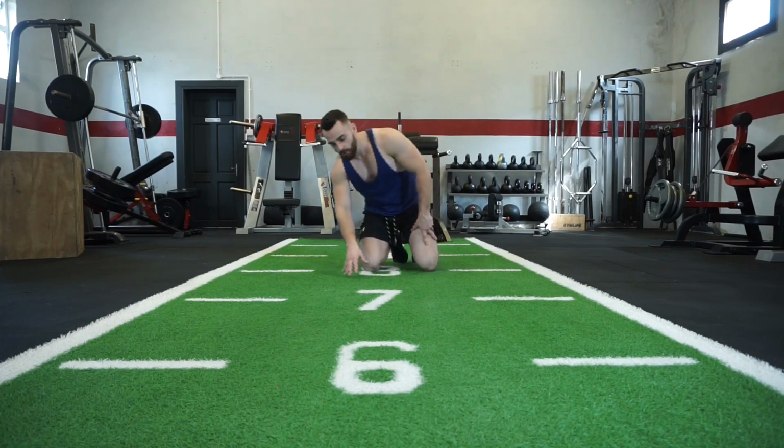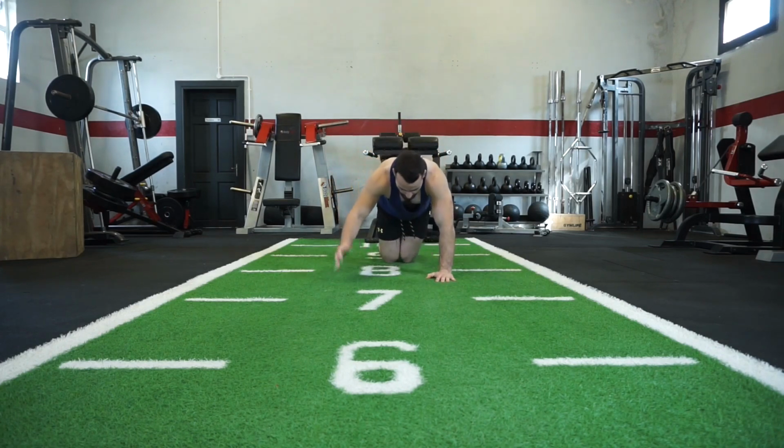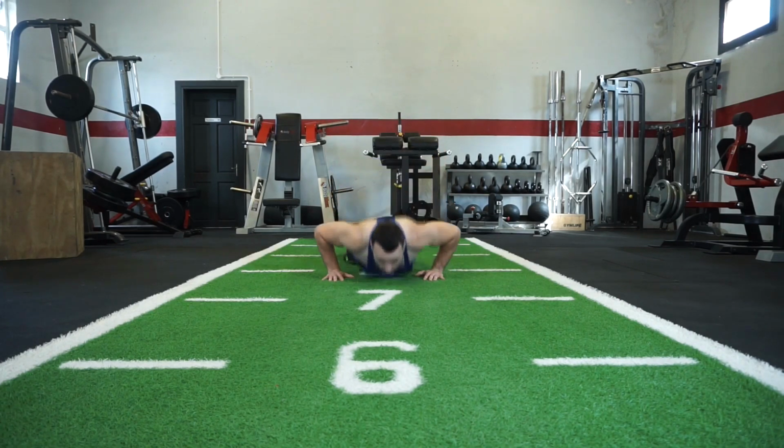So what that would look like for me is some of the most advanced push-up variations to really help overload my body and just exert as much force as possible. Okay, so this is what it would look like. Anything from